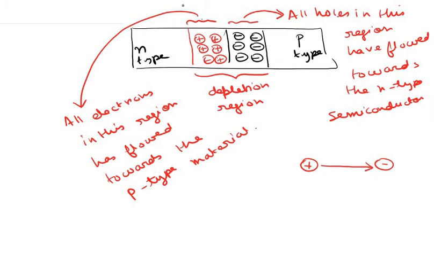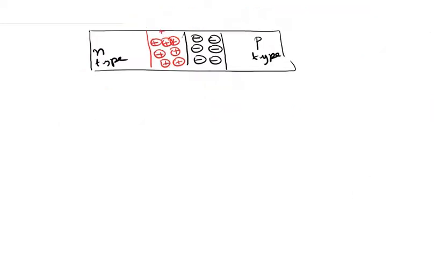Similarly, in this case also, since there is positive charge accumulated towards the left and negative charge accumulated towards the right, an electric field would build up in this direction over here. Okay, so this is the direction of the electric field over here,